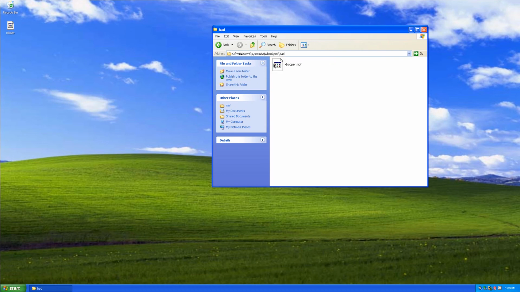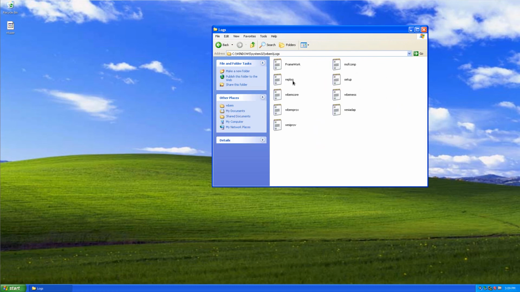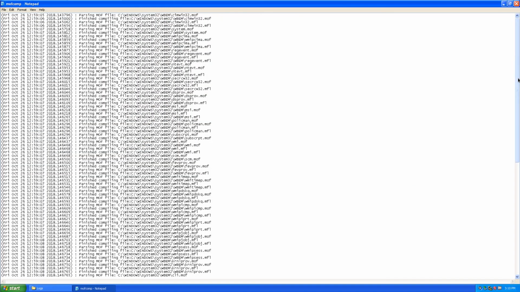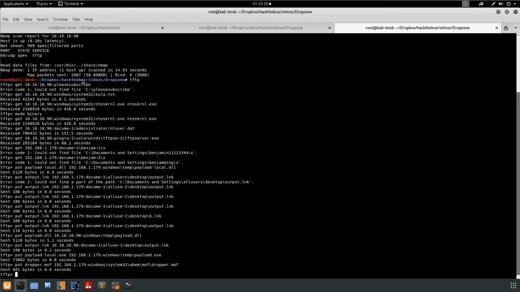We see that it's not in here already, and it's apparently in bad, not good. So we can take a look in logs under MOFCOMP. And this actually will show us the compilation, and we can see here that we had an expected semicolon or equals on line 8. So if we take a look back at line 8,